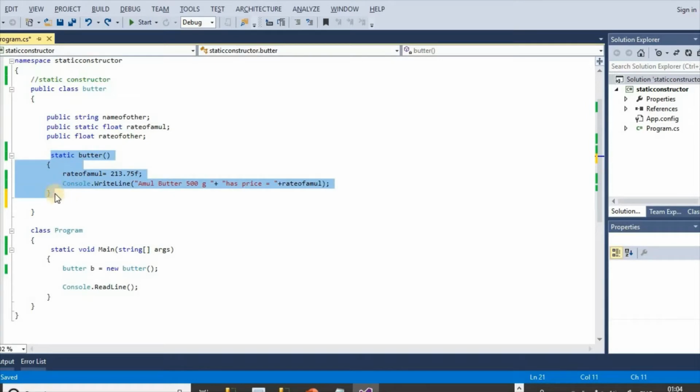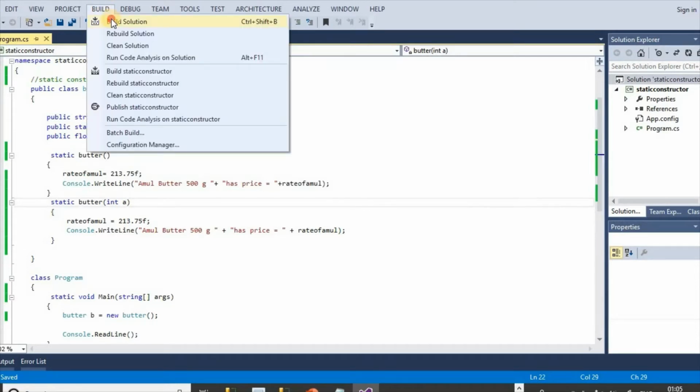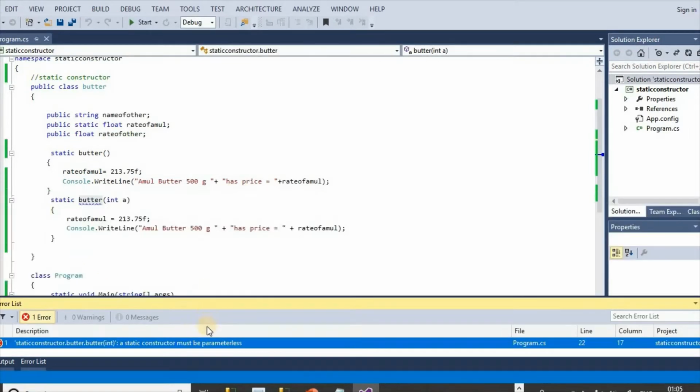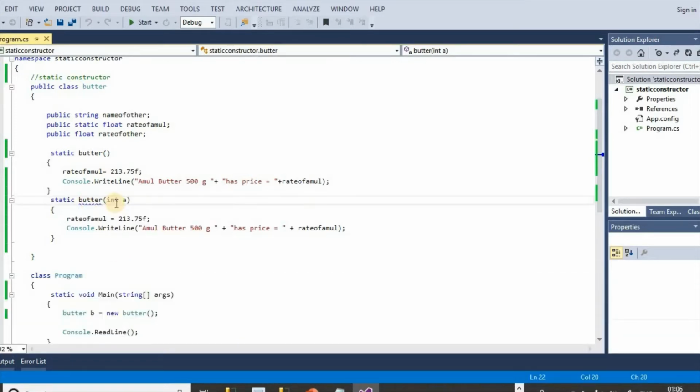Suppose we copy this and paste here, and if we try to give a parameter here, we pass one parameter int a to this static constructor, and if we build the solution, we get the error: A static constructor must be parameterless. Here it is giving error.